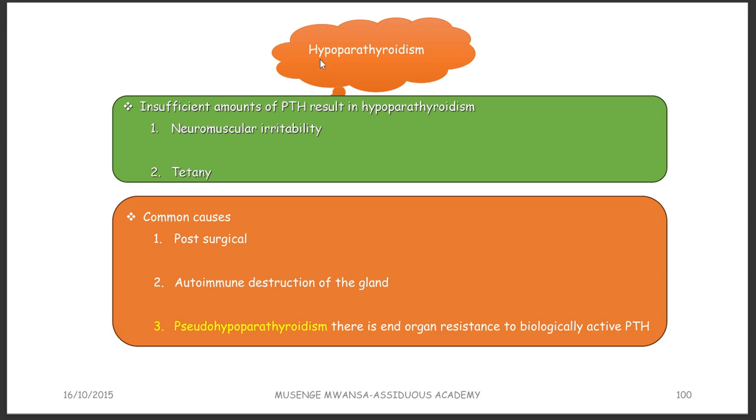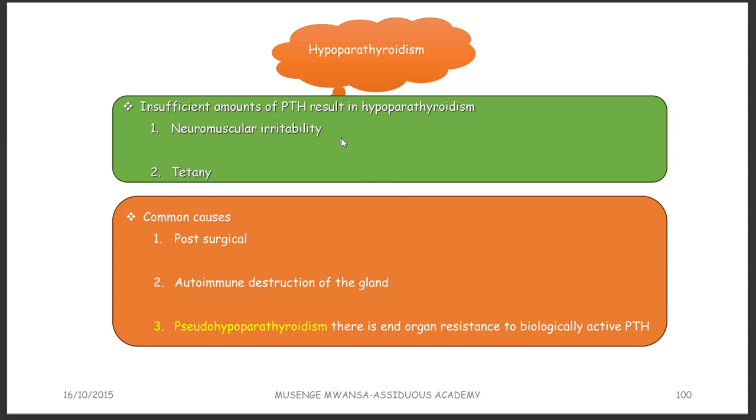The common causes of hypoparathyroidism can be after surgery, maybe the surgery of the thyroid, where you removed these glands, or even autoimmune destruction of the glands themselves, where you form antibodies to fight against the glands. There's also pseudohypoparathyroidism. Pseudo means false, so there is end organ resistance to biologically active parathyroid hormone,